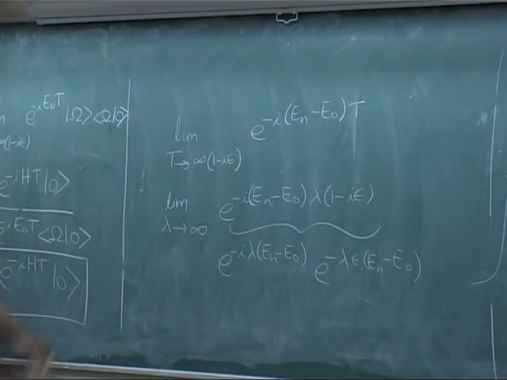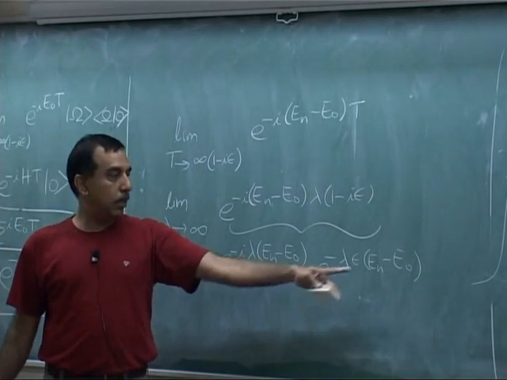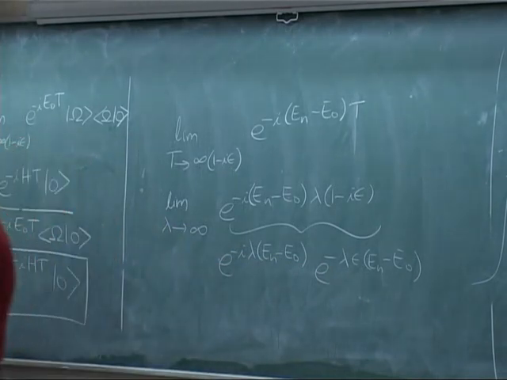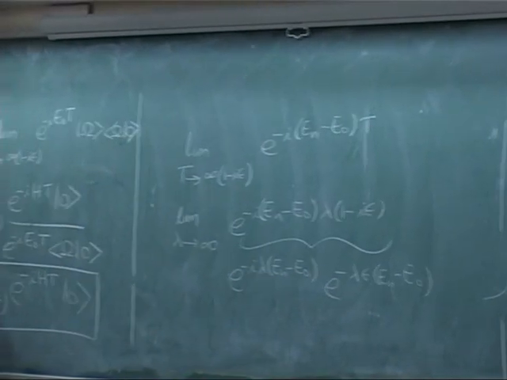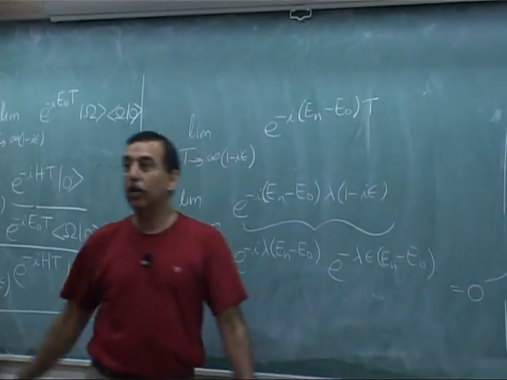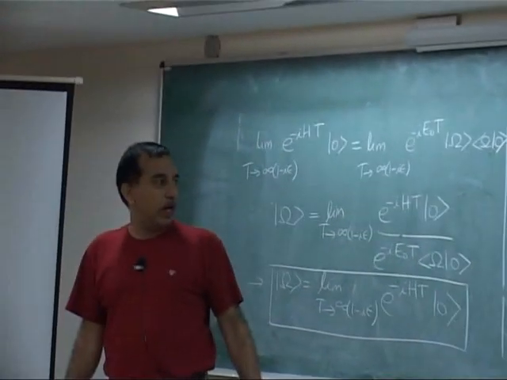Now, what is the limit of this expression for fixed epsilon as lambda goes to infinity? It's the product of an oscillating term, as you said, and a term which is going to 0 as an exponential. So what's the limit? So that's the answer. Okay, now. No, that's right. Actually, you're right. I mean, we could have, but